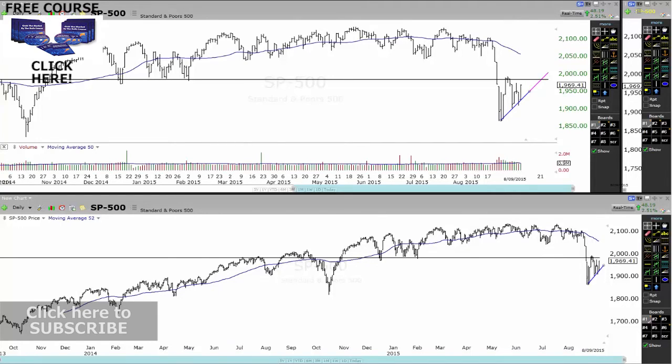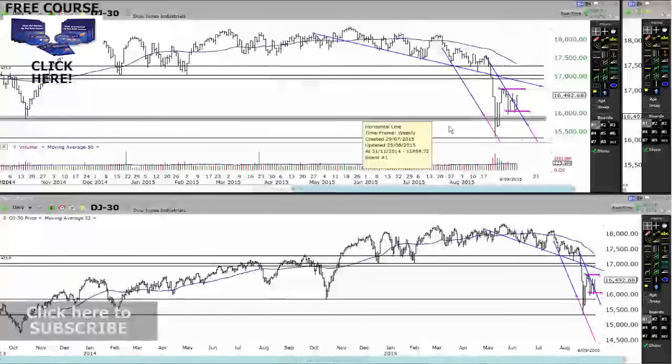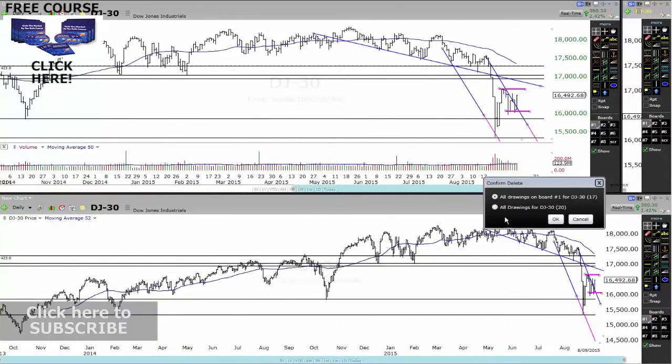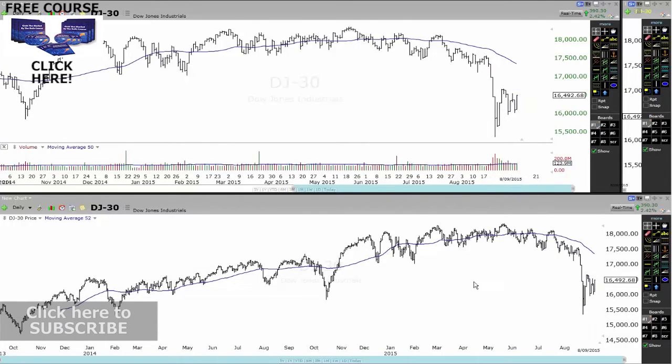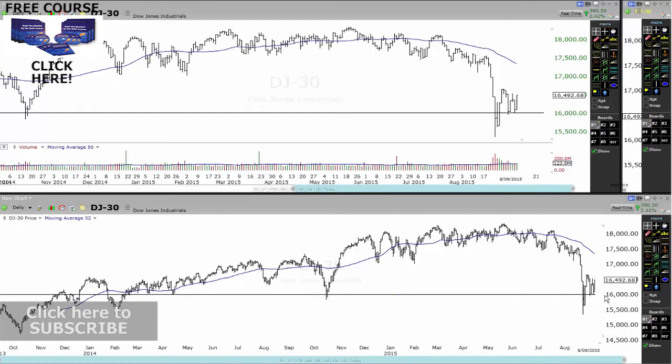Yeah, so that's basically that there, guys. Same with the Dow Jones Industrial Average. If I actually just delete everything off the screen now for a minute, we'll start from scratch here on this chart. You can see here on the Dow Jones, yes, we have some major support levels down through here. There's obviously a lot of major support levels down through there, and that's exactly where it's holding